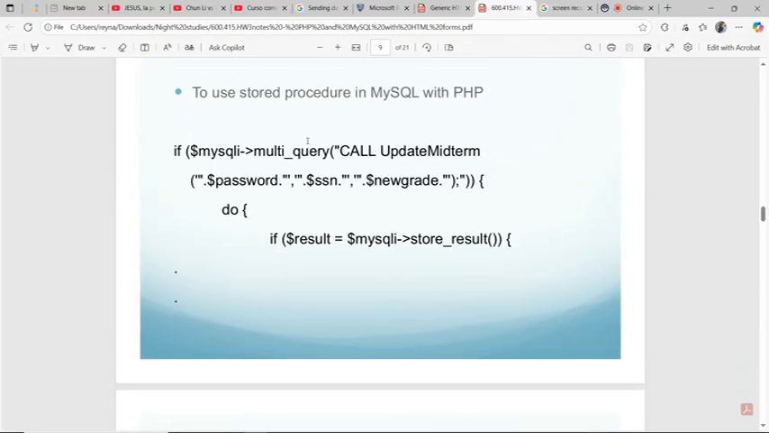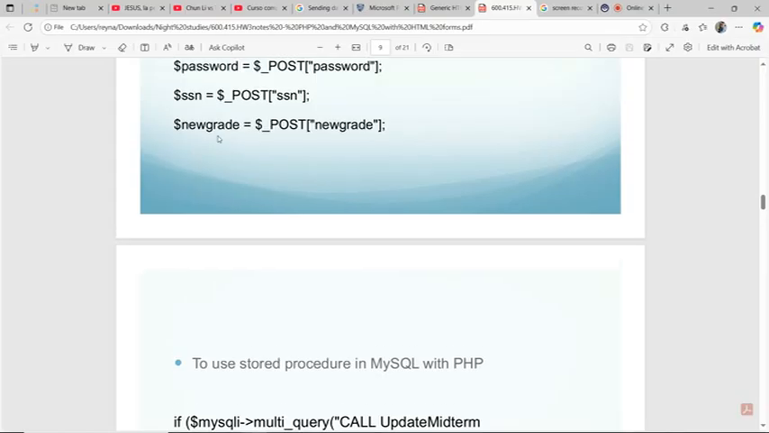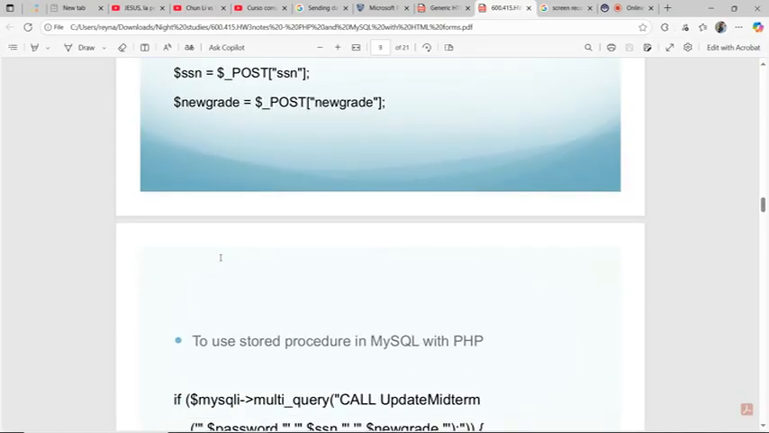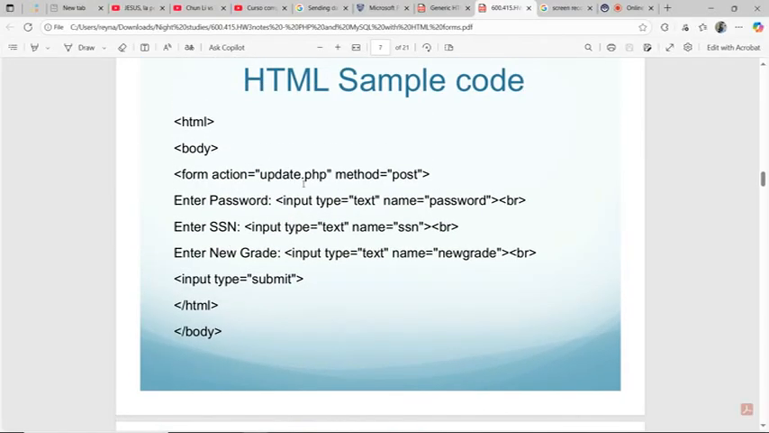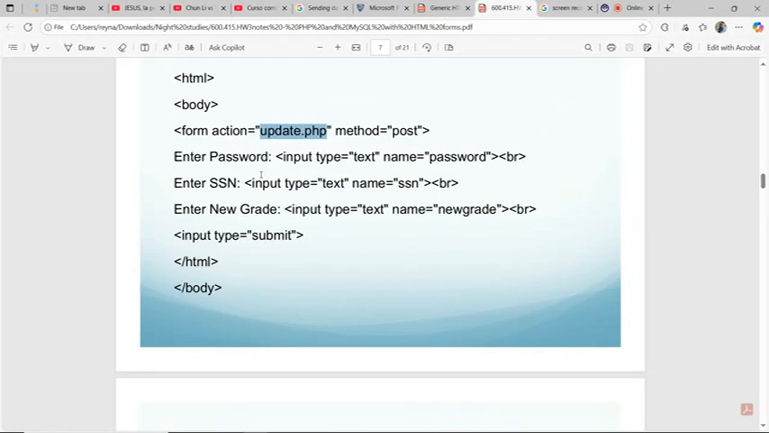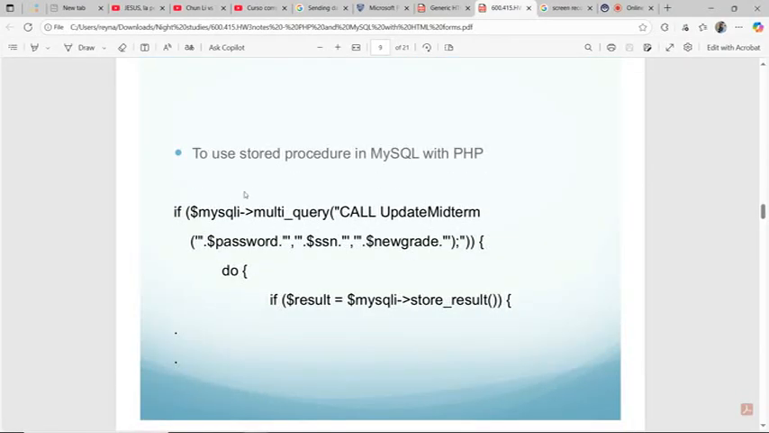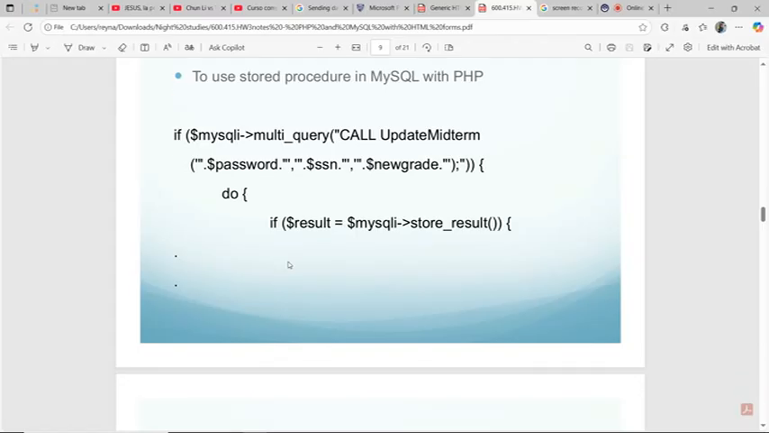After this, the first thing is that in the file that is here, this one, that is usually update.php. You see this one here? That is the name of this piece of code, and this piece of code is also on update.php. Also, you see MySQL multi-query, call update midterm. Well, all these things are made